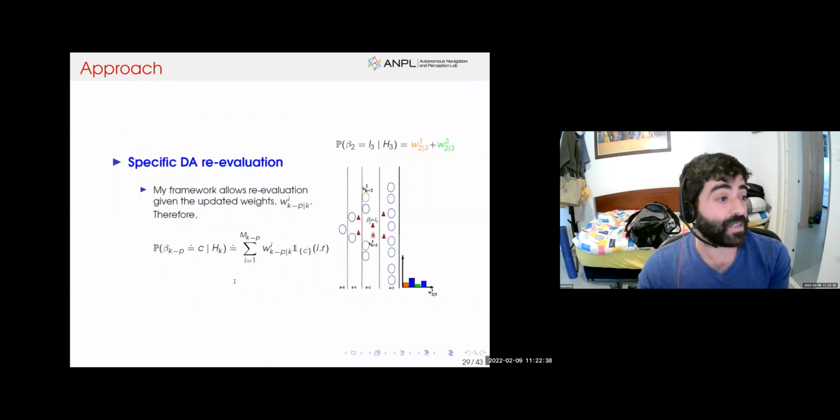Therefore, it's pretty straightforward that if we were to retrieve more information up to time k equals 3, for instance, in our example, or in general, more information till current time, this information can have an effect on our weight reevaluation. As we see here, this is the weight distribution given the information till time k equals 3. So the probability of this data association to be the correct one would be different.